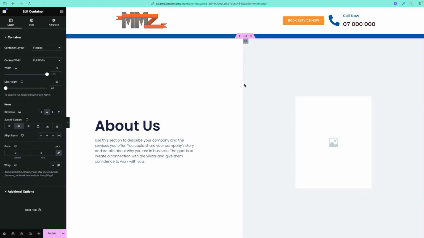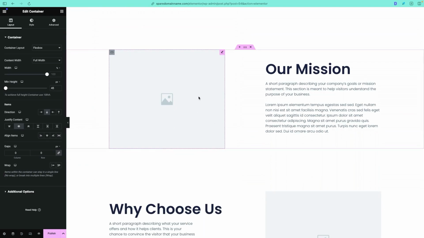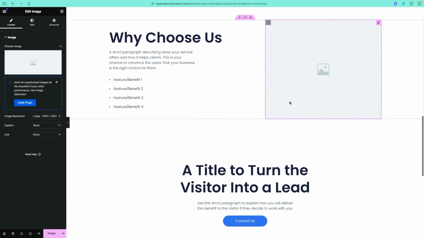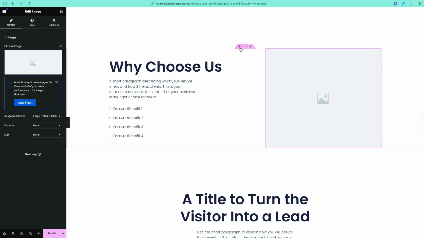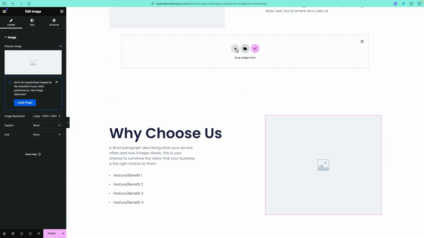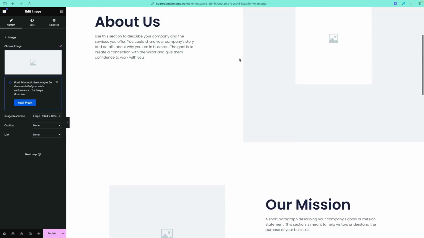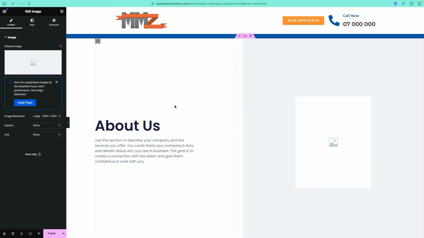We now have an about us layout that is a wireframe, and you can go and add images and text and change these, and you can still add a new section anywhere on the page by clicking the plus and then adding your own or adding a template. I will leave this default page for now and I will click on publish, and we'll now go back to